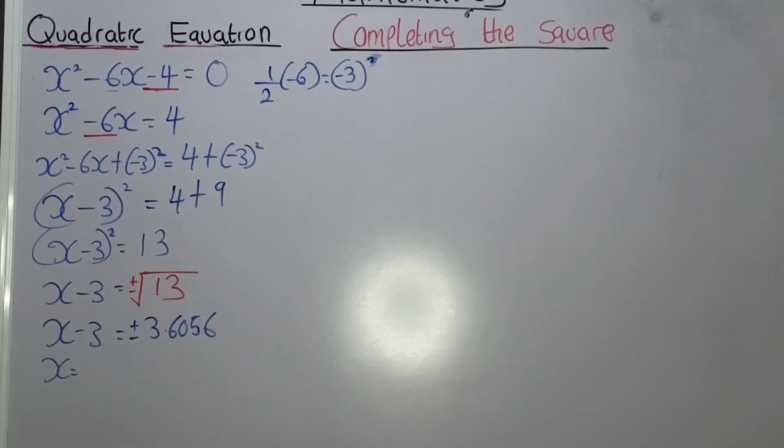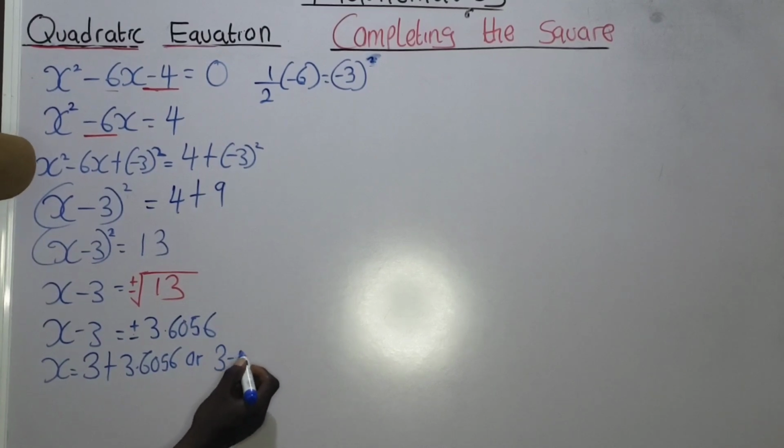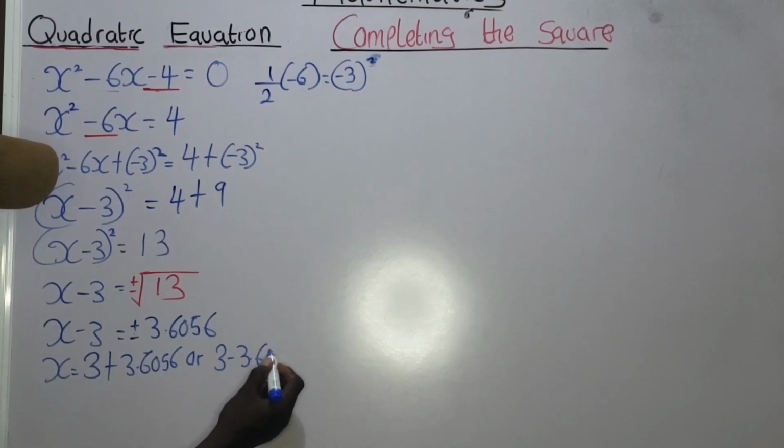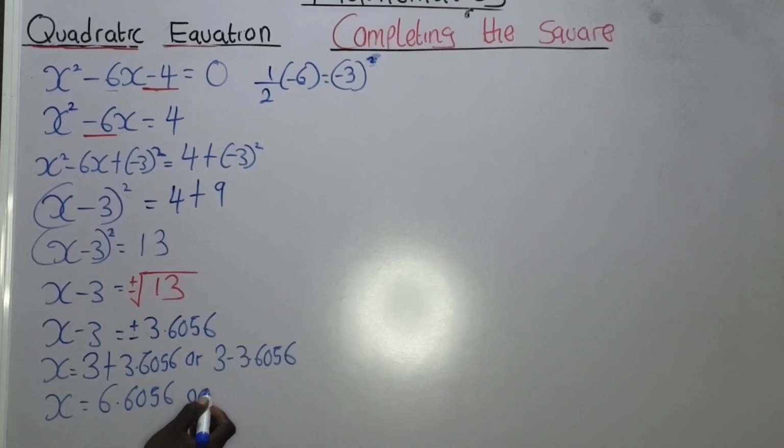if this negative 3 crosses the equals sign to the right hand side of the equation, the negative sign is going to change to a positive sign. So I'm going to have 3 plus 3.6056 or 3 minus 3.6056. Okay, so here x will be equal to 6.6056 or now 3 minus 3.6056, that is